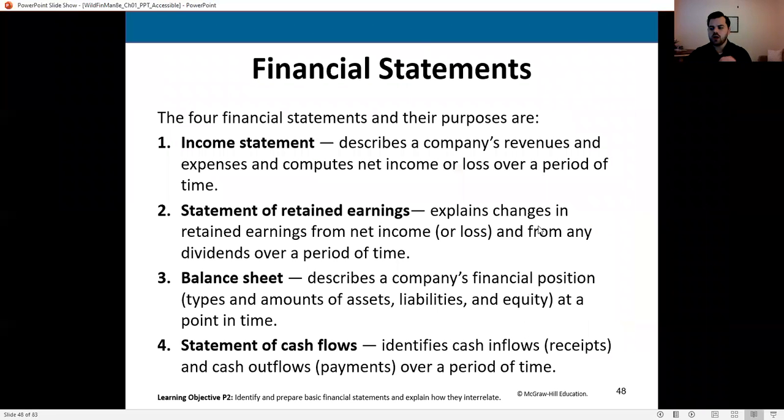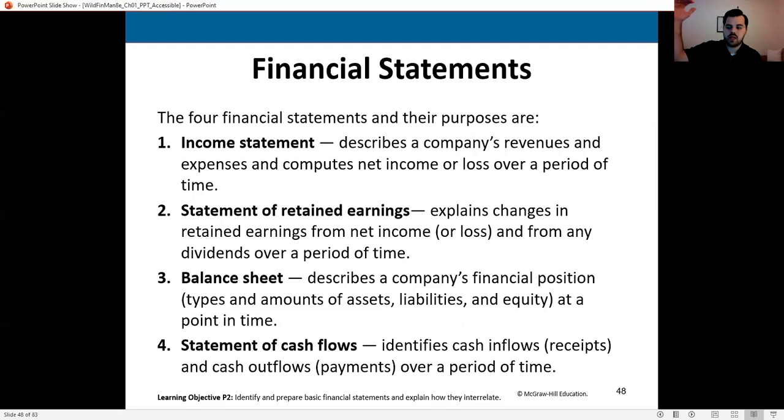Now, a couple of things we need to cover here toward the end are our financial statements. The first of these is what's called the income statement. These are the most important pieces of this course as a whole. This is the culmination of everything we'll be doing this semester: preparing these financial statements. The first is the income statement. It describes revenues and expenses for typically a year, a fiscal year. This can be done for a month, a week, a quarter, whatever, but the most common, of course, is the yearly income statement. After we've done that, we will look at our statement of retained earnings.